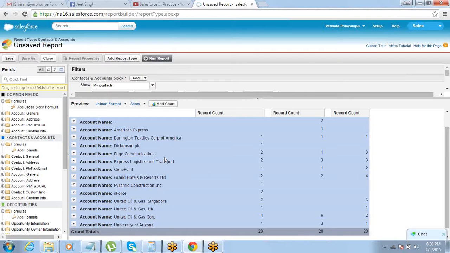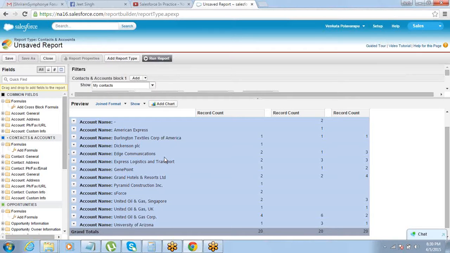Like in this case, account field is common, right? So you cannot just have report types which do not have anything in common. You cannot combine them, because one thing has to be common. Like account is a common factor in all these three report types. For contacts, I have accounts. For cases, there are accounts, and for opportunity also there is account, right? So account is common. That is the reason why I have been able to create this report, right?